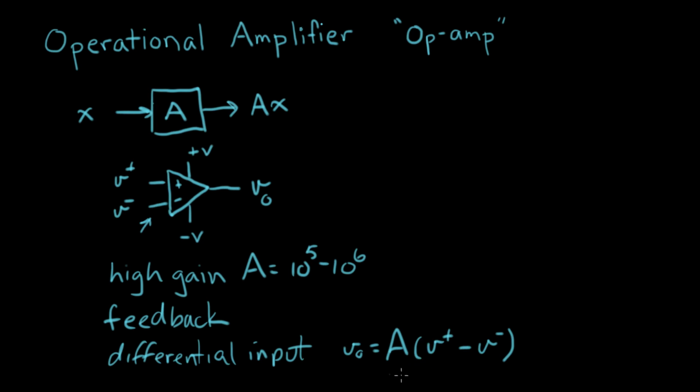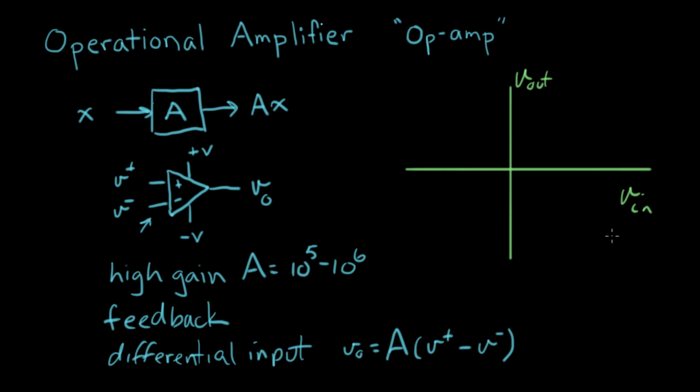So I want to make a plot of this equation right here, just so we get a good idea of what it looks like. And the axes here are V in and V out, where V in specifically equals V plus minus V minus. That's the input signal to the op-amp, and we're going to apply the gain factor to it to get V out. So that'll look something like this. It's going to be a very steep line, and the slope of this line is A. So the slope is going to be 10 to the 5th or 10 to the 6th, something like that,